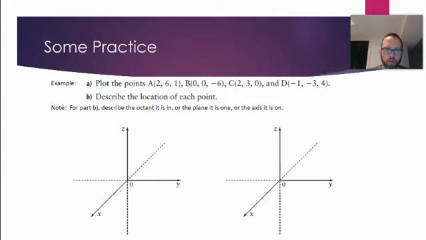So 2, 6, 1. So 1, 2, 6 in the positive Y direction. This time I'm going to the left. So 1, 2, 3, 4, 5, 6. I like adding these ticks. It just helps me. 6 and then up 1. So maybe here. And this is the point A,